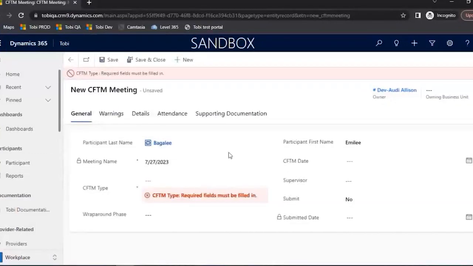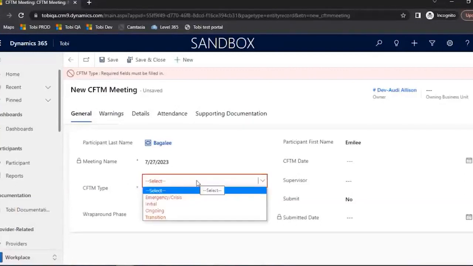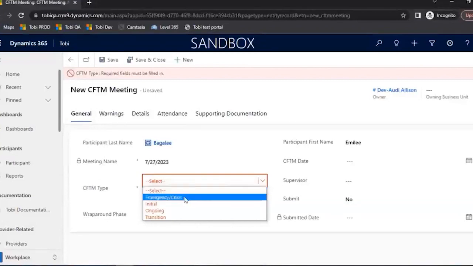Okay, and the first thing you'll see is a red warning message that says you have to have the type of CFTM. So that's the first thing you'll complete is the type. And there's those 4 types that we reviewed already. And depending on the type that you choose, sometimes there's some extra questions that'll pop up. So like if this was an emergency type,